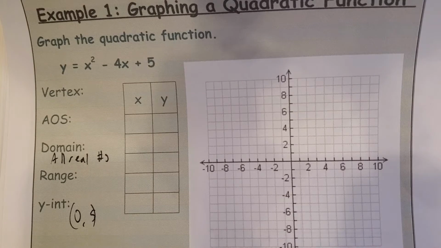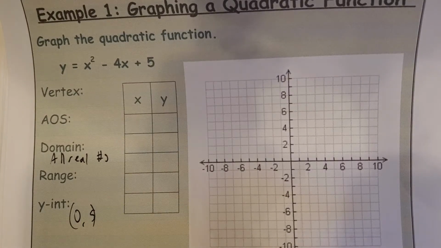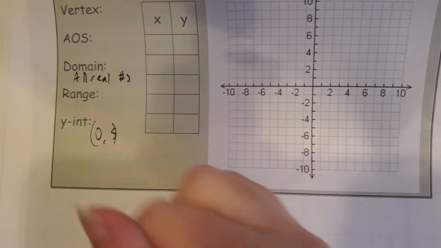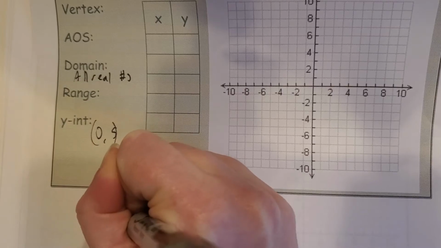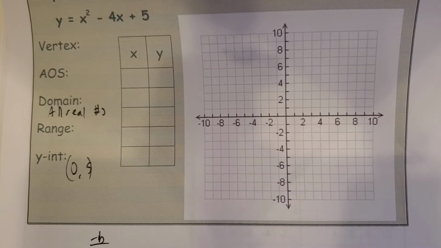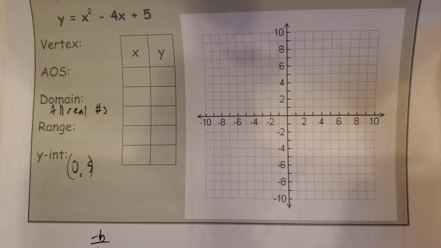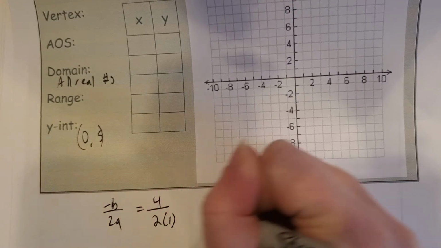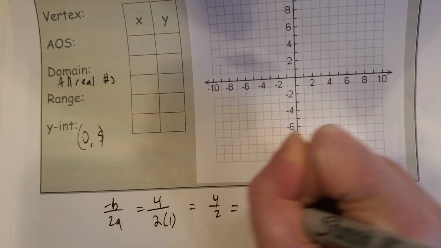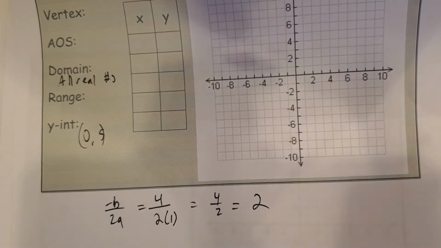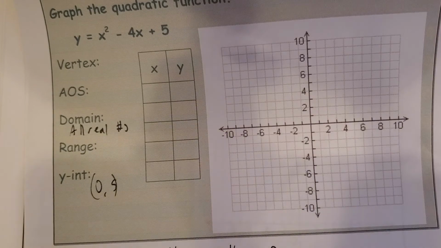For the axis of symmetry and the vertex, this is where we're going to need to do a little bit of work. All right, axis of symmetry is, again, negative b over 2a. So we're going to use all of the information from the actual quadratic function. b is -4, so negative 4 is positive 4 over 2 times 1. So that's 4 over 2, which is 2. And since this is a vertical line, I am also going to be looking for this to be the equation of the line. The axis of symmetry is the line